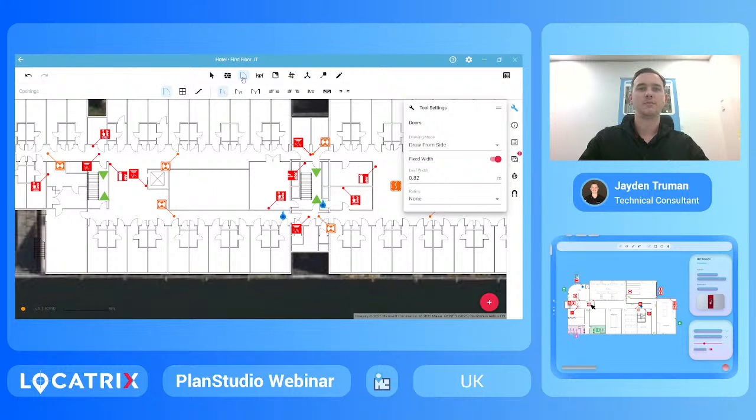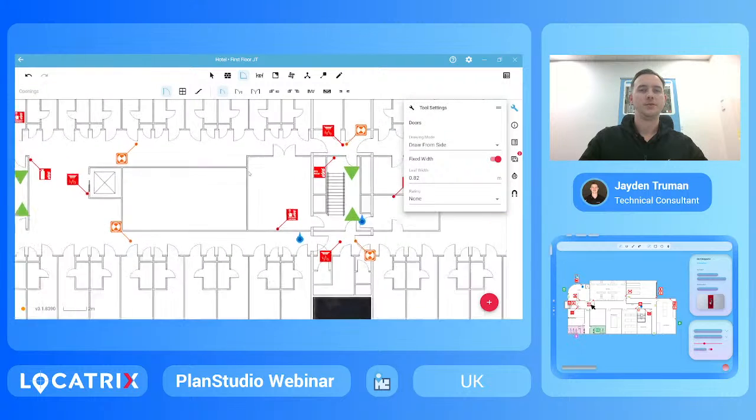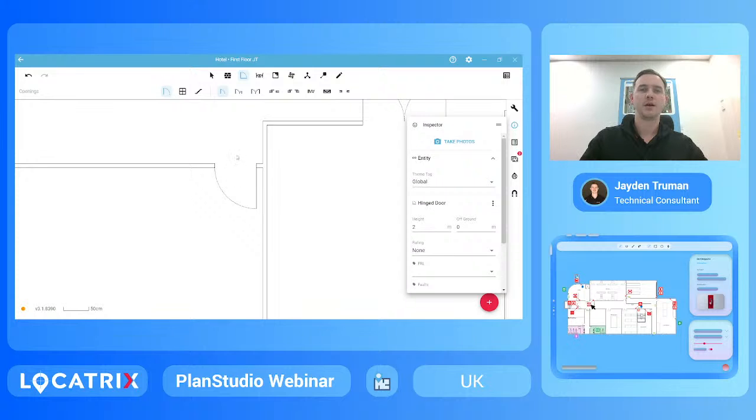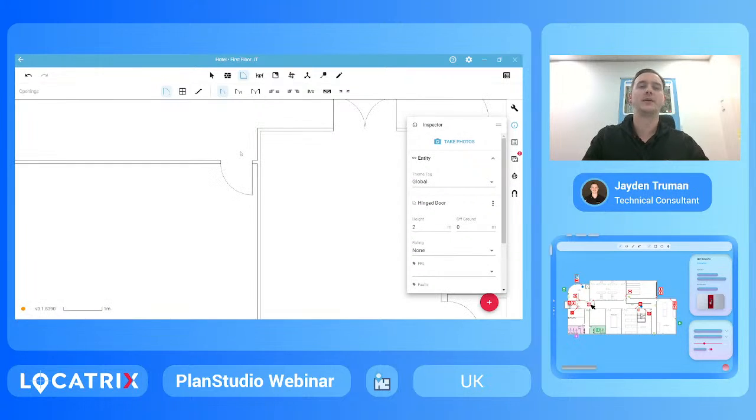So if I click on our doors, as you can see, we have all different door types here, and all our doors work off a fixed width. This fixed width can be manipulated to your particular number, or you could simply turn it off, whatever you feel necessary. Now, to add a door in, simply zoom into your wall, and what you want to do is work out which way your door swings, whether it's out of the room or into the room, then starting from the hinge and drawing on that line closest to the swing, release, and as you can see there, PlanStudio automatically populates